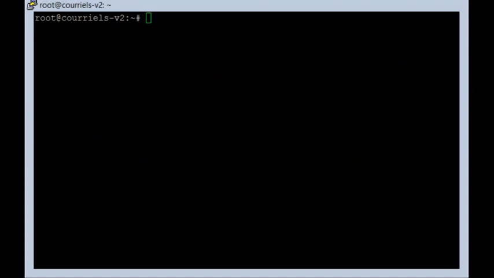Next step is to create a user without root privileges, but with administrative privileges to secure everything that is done on the droplet. So I'm just using adduser here to add a user I'm going to use on a day-to-day basis. So I just type in adduser and the name of the user.